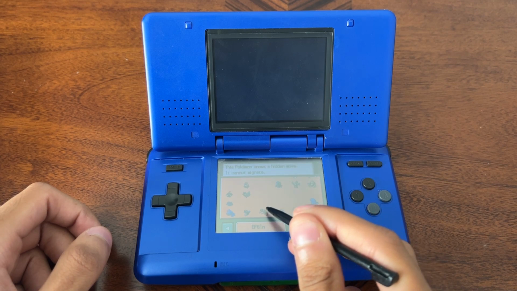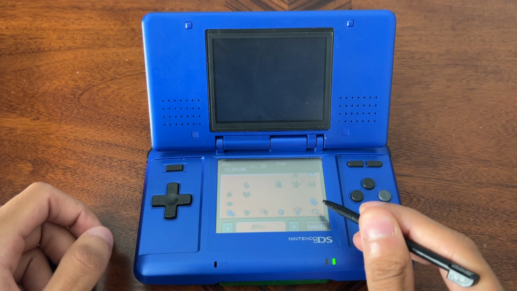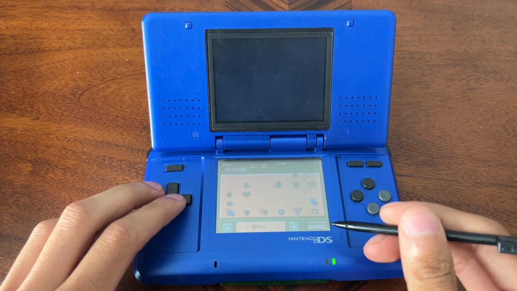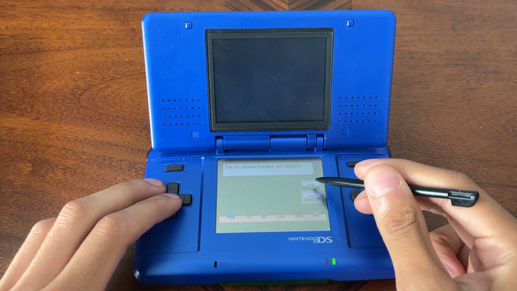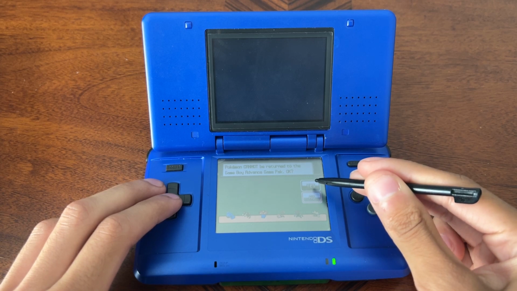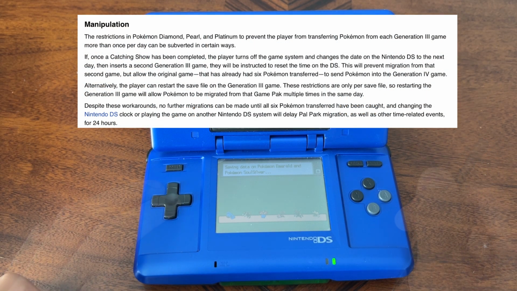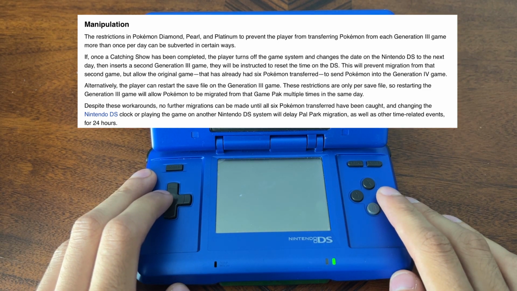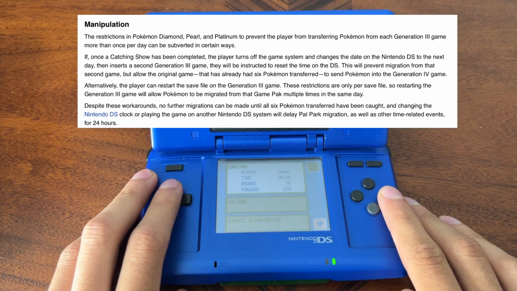In Diamond, Pearl, Platinum, you can only migrate once every 24 hours. That restriction was removed in Heart Gold and Soul Silver. So it's better to have one of those games. Once your Pokemon migrate, they cannot return back to their origin game. There is a way to work around the restriction in Diamond, Pearl, Platinum. I'll throw it on screen, but I have Heart Gold and Soul Silver, so I don't even need to understand